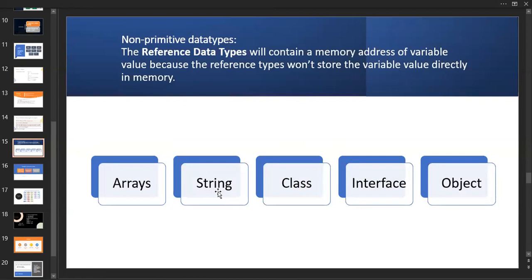At that time, we'll sometimes use string as a primitive data type. It is a non-primitive data type, but sometimes we use it as a primitive one also. You will get a good idea about this from the examples, so there is no need to worry. And object is somewhat different from the non-primitive data types.